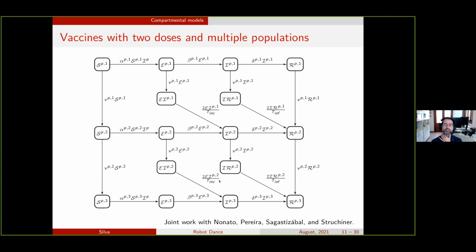And then you have to decide how much you are going to vaccinate people from each of those groups, and which is this variable V here. So every day, for example, you decide how many people you are going to vaccinate in this first group. This will induce a movement from the first group to the second group. And you also decide how many second doses we're going to give in a given day. And then this induces a movement from the second group to the third group.